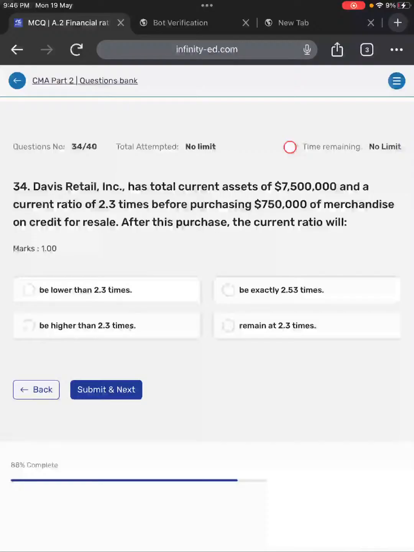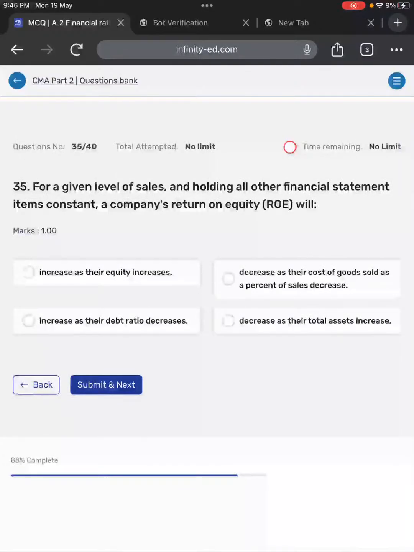40,10,800. Below. Okay, for given level of sales or holding, all other financial step constant, company return on equity